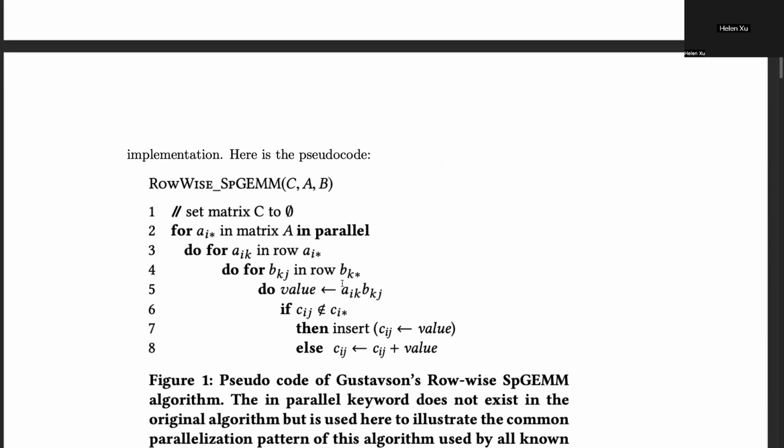And that way is called Gustafson's algorithm, which is this old algorithm for doing SpGEMM. And nice, so you have initial matrix C. Another challenge here is that when we did dense matrix multiplication, you know the size of the output. Like if it's M by K times K by N, you know C is M by N. Here, the maximum dimensions for C are also M by N, but